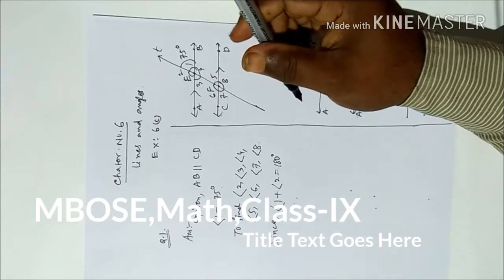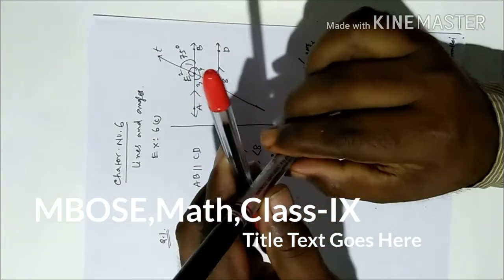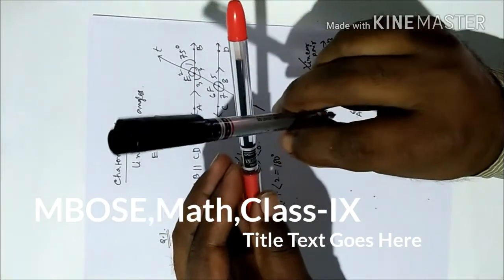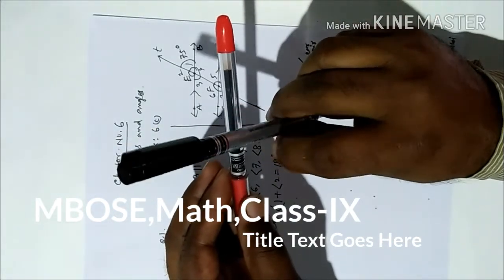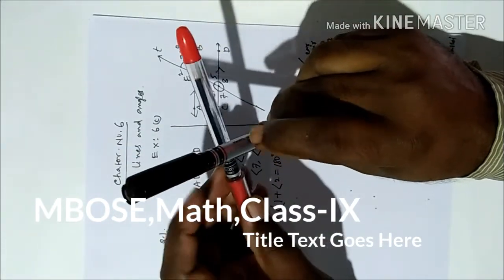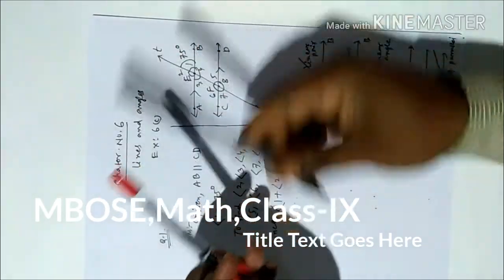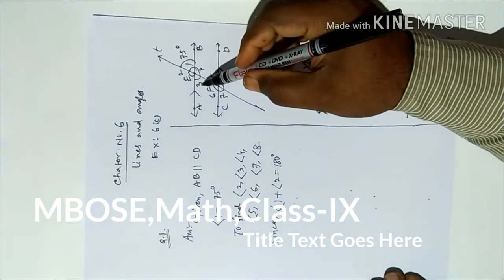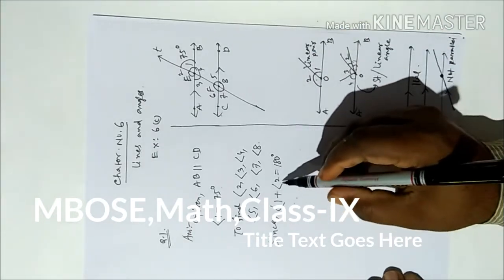If I show it, look here at this one and this one. How many angles are there? 4 angles, 1, 2, 3 and 4. The top and bottom ones are called vertically opposite, and the left and right ones are called vertically opposite. So angle 1 and angle 3 we call vertically opposite. Let me first find angle 2.